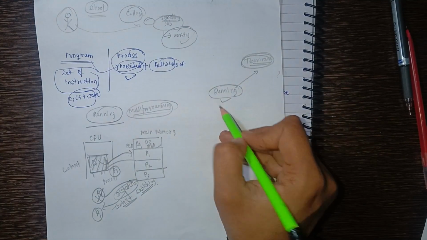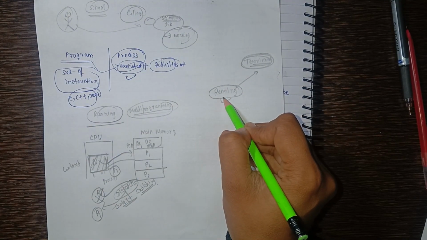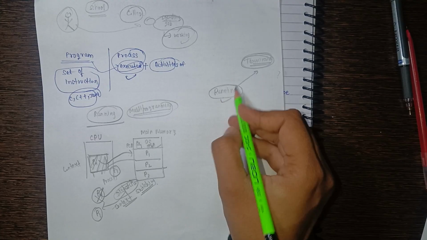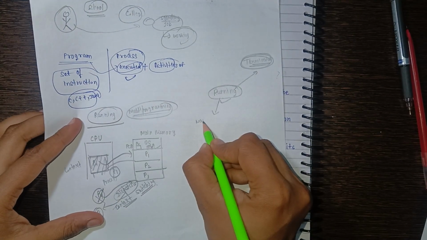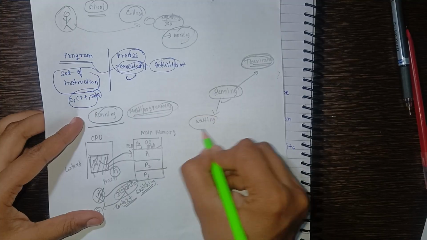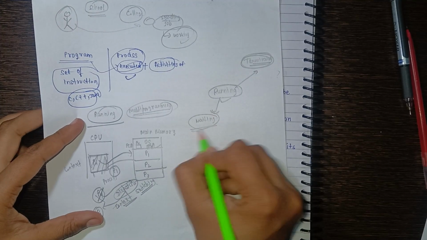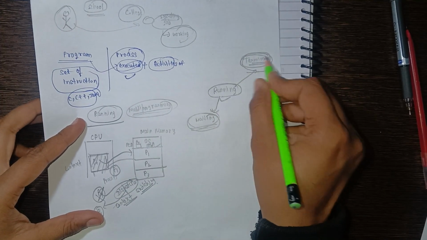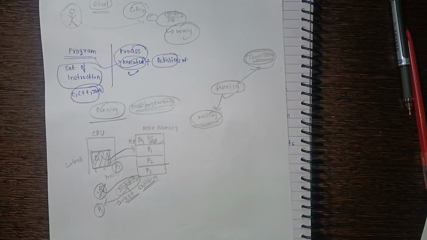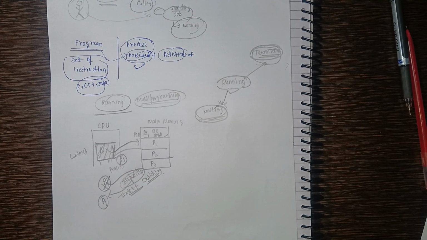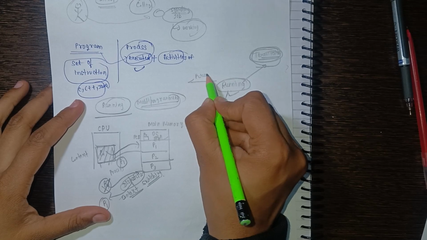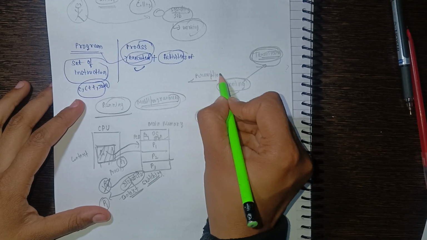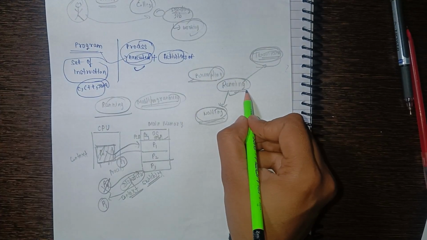Okay, or when it wants to perform some input output or event operation, then only it will move to the waiting state. Remember this point. These two transitions happen only when the process wants,